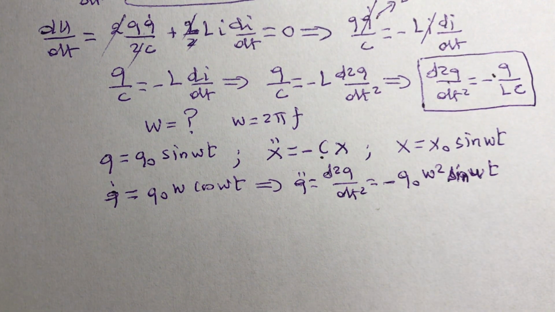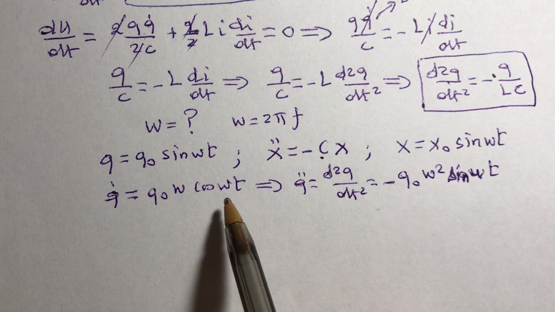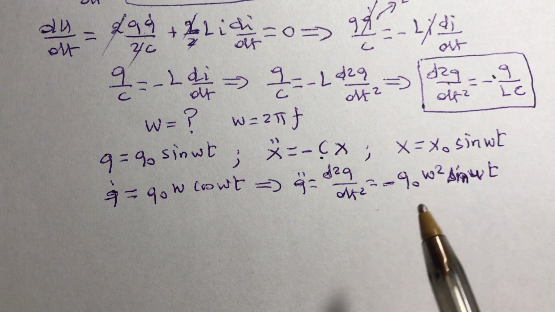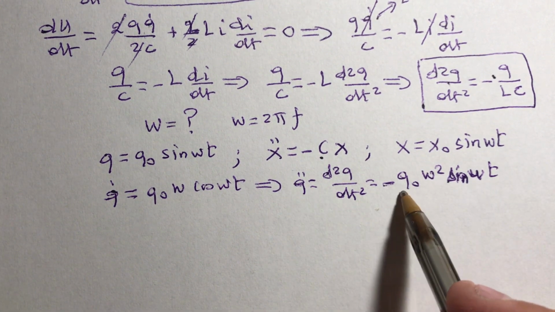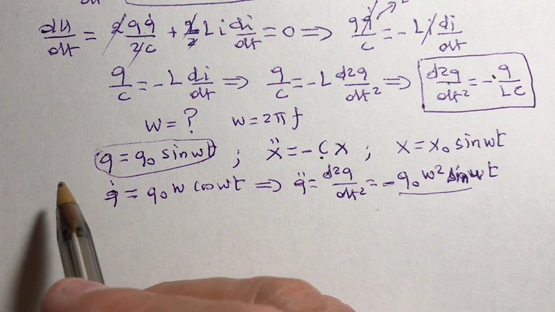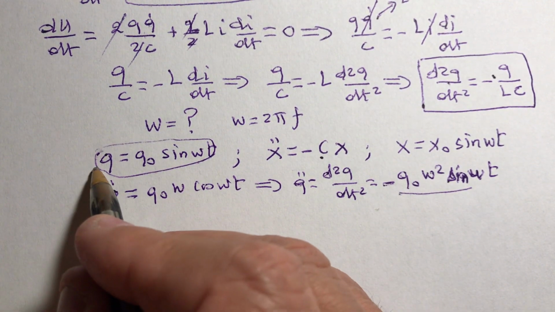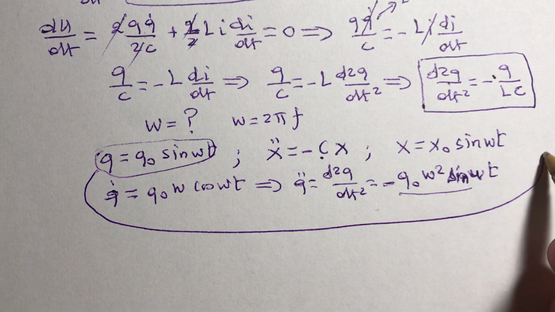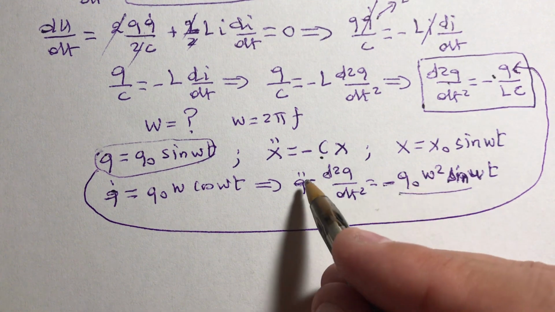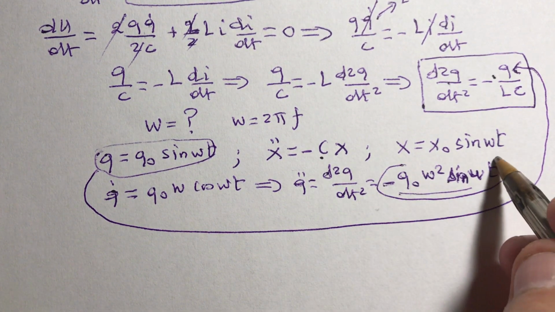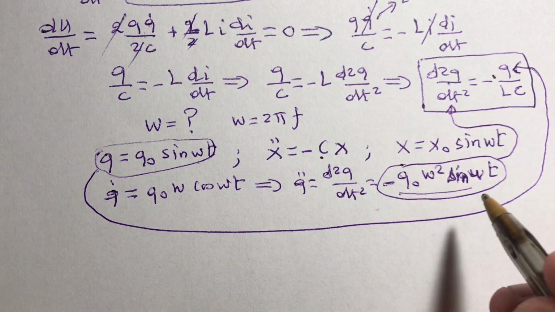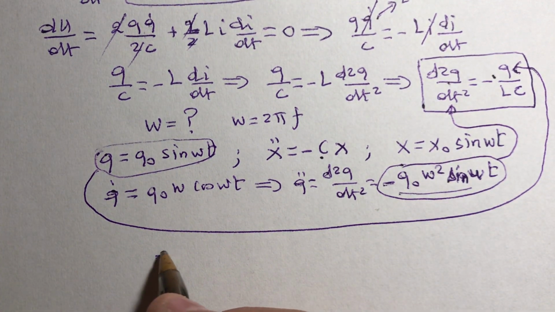Okay, because the derivative of the cosine is minus sine. That's why I have that minus here. Now, look, this is Q double dot, and Q is this one. So I take this Q and put it there, and I take this Q double dot, which is this, and then I put it there. So I get minus